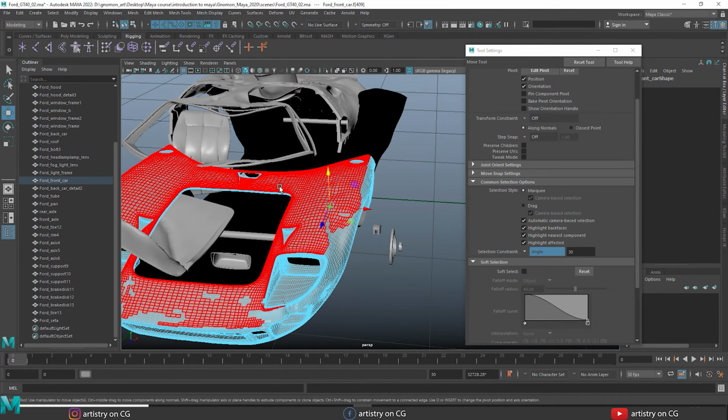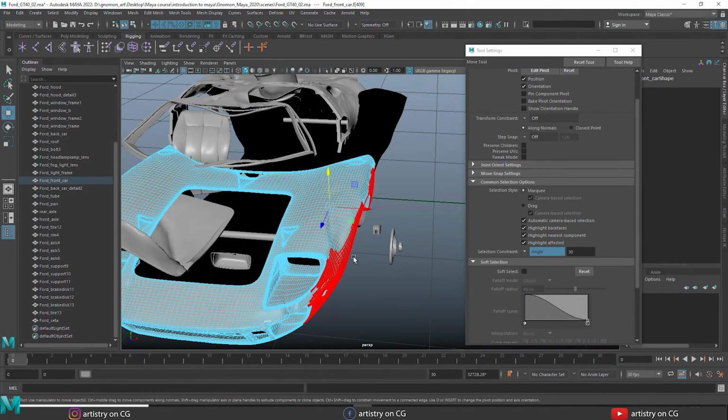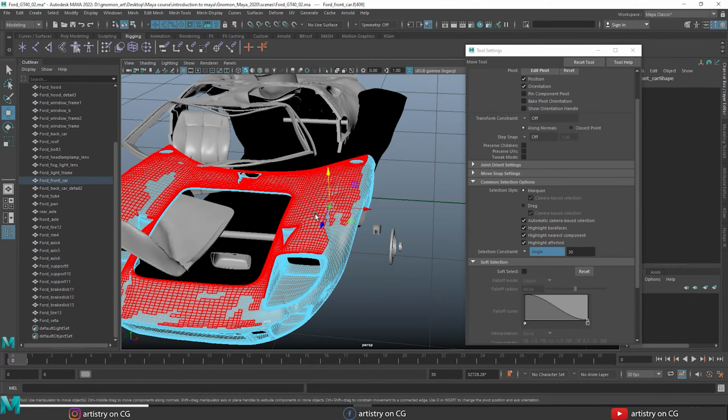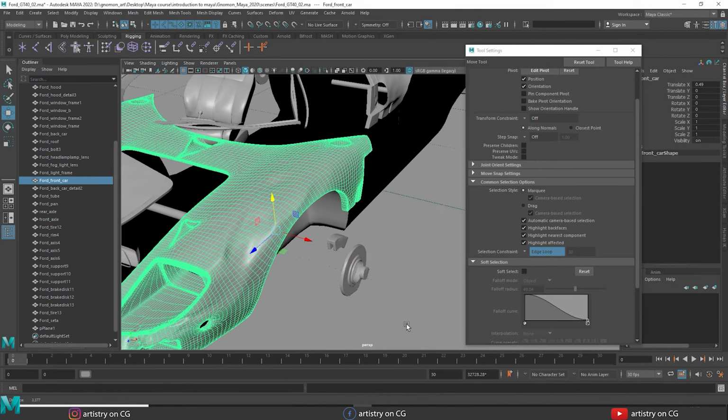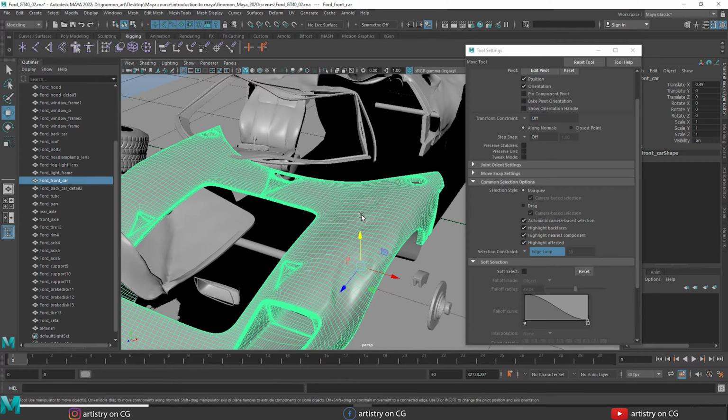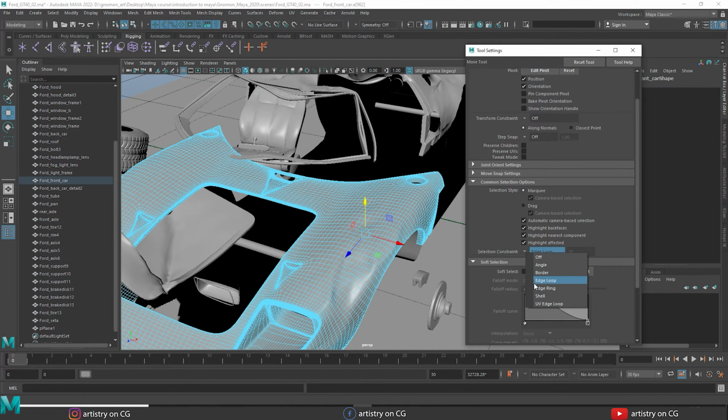If I increase this to 30 degrees, it selects a much larger selection. As you can see, it selects much more area, and also has an edge loop. And if you want to select an edge loop, the same with edge ring, or a UV shell, you can select and check over the surface.